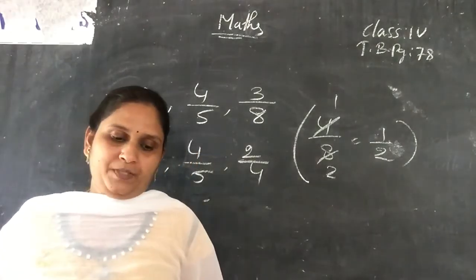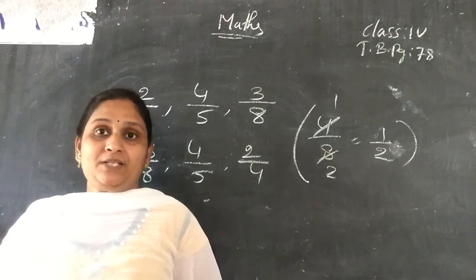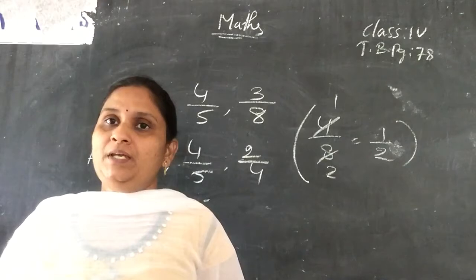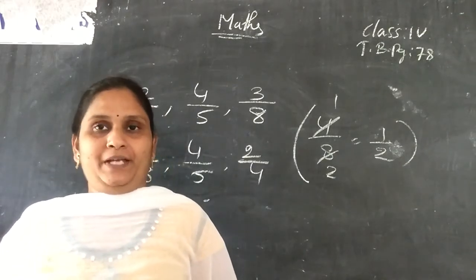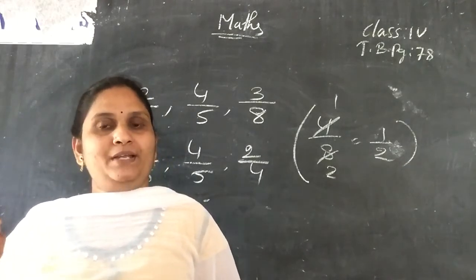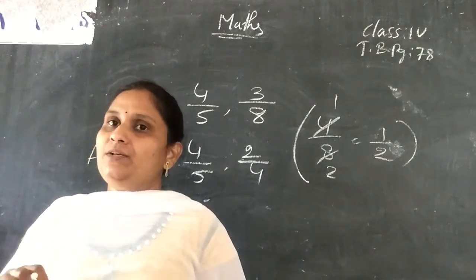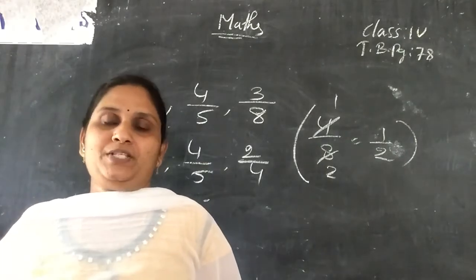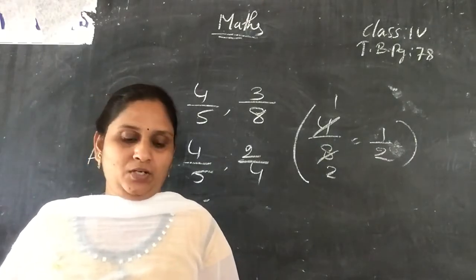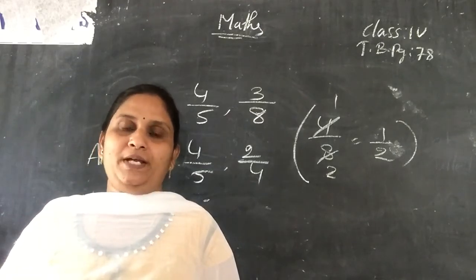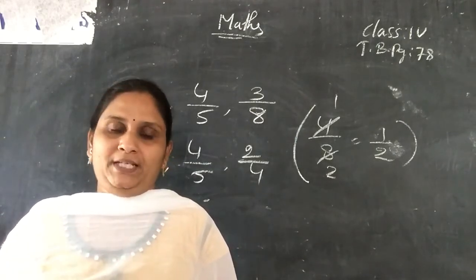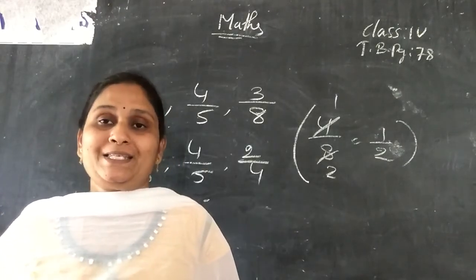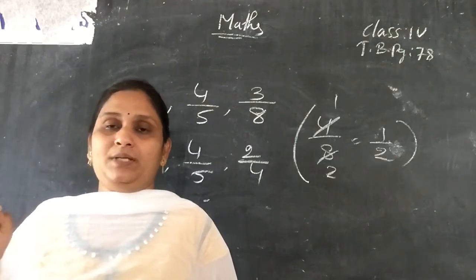Like that you have to write in the ascending order. Next, the third one. As it is in mixed fractions, you only compare the whole numbers. It means 3, 4, 1 and 5. Circle those numbers and compare; among 3, 4, 1 and 5, 1 is the smallest number. So 1, 1 by 2 you have to write first. Next after 1, 3 is there, no? So 3, 1 by 5 second. Then 4, 2 by 3. Then last 5, 1 by 4. Like that you have to arrange in the ascending order. Ascending order means small number to the big number.